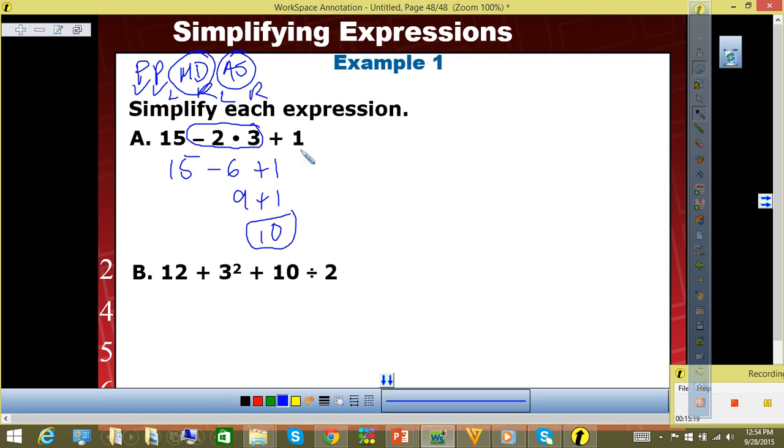So far, so good? Next one. Any grouping symbols? No. Any powers? Yes, this is 9. Bring everything else down. Multiplication, division from left to right. There's one right here. This becomes 5. Bring the rest down, and it's all addition from here. Therefore, this is